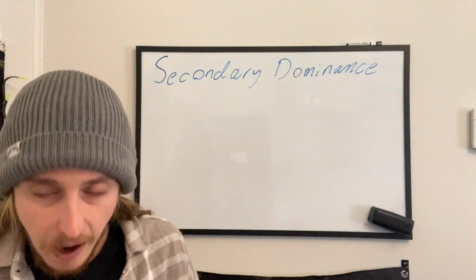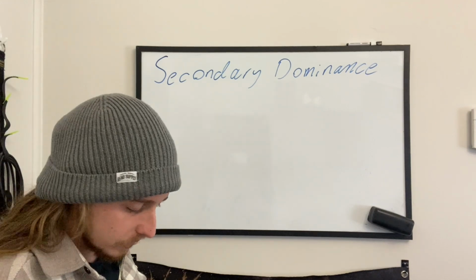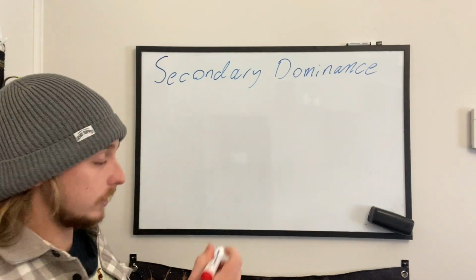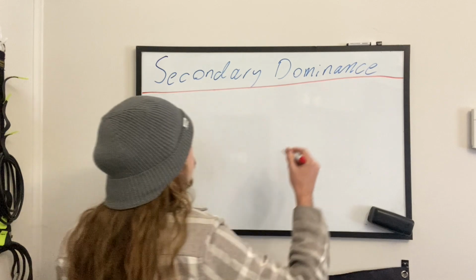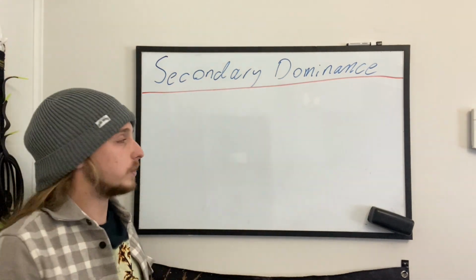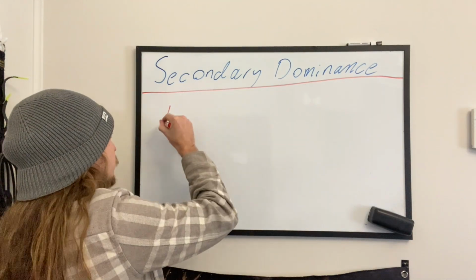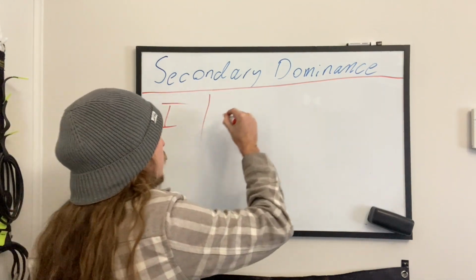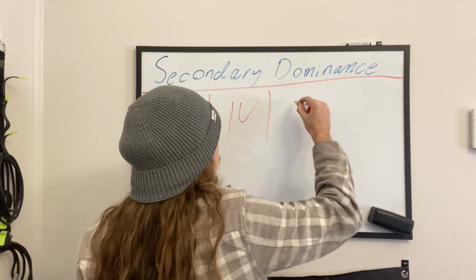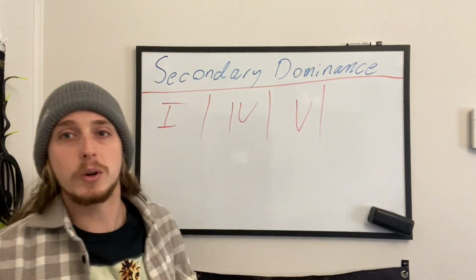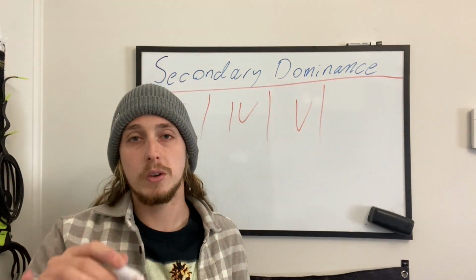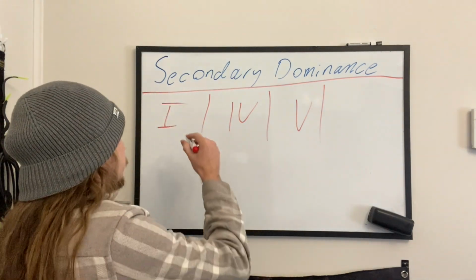Now, how would we see this written? One of the easiest ways to see it: let's say we had a progression doing this. I'm not even going to write chords, I'm just going to write Roman numerals. So let's say we had a 1 chord, major, a 4 chord, and a 5 chord: 1, 4, 5. Typical progression, right? Now, if we turned all those into 7th chords, what we would get is